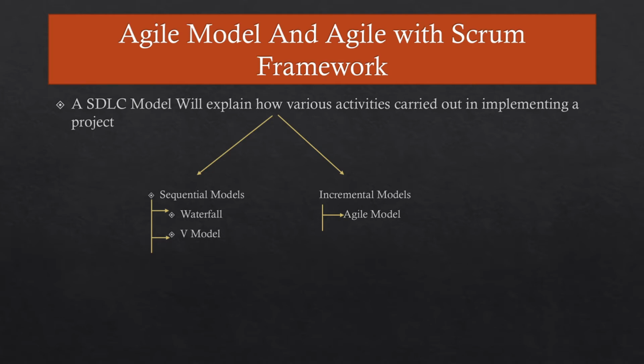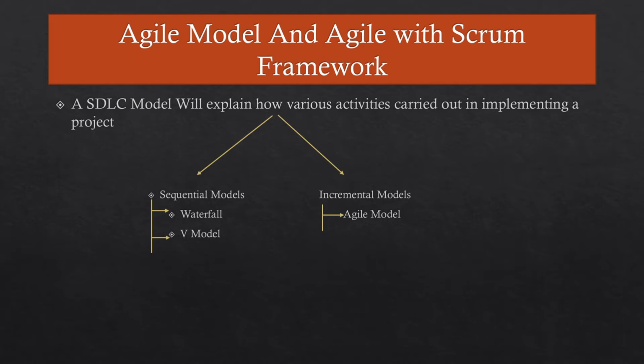What does this model do? It explains how various development activities are carried out in implementing a project. The SDLC model explains how various development activities are carried out before building a software application